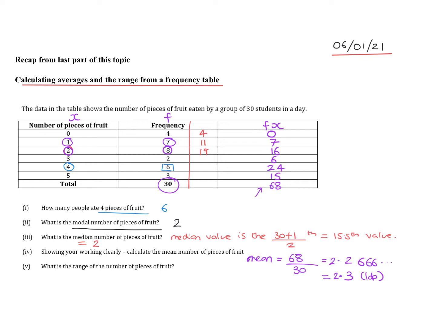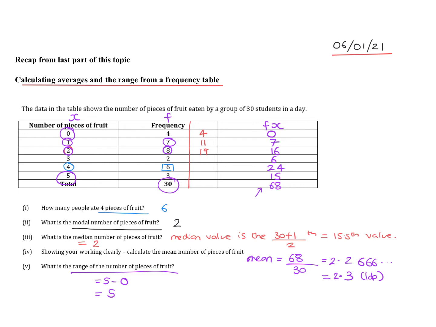It wasn't exactly 2, it wasn't exactly 3, it was somewhere in between. Now, what is the range of the number of pieces of fruit? Well, the maximum number eaten is 5, the minimum number eaten is 0, so the range is equal to 5 take away 0, which is equal to 5. So this is a very quick recap of something that we covered in the work we did on averages